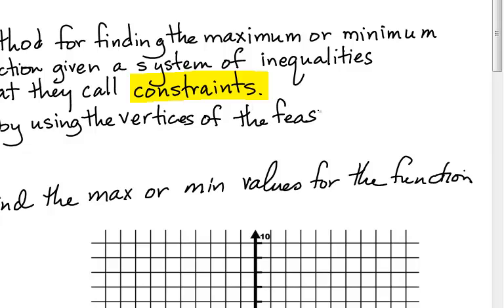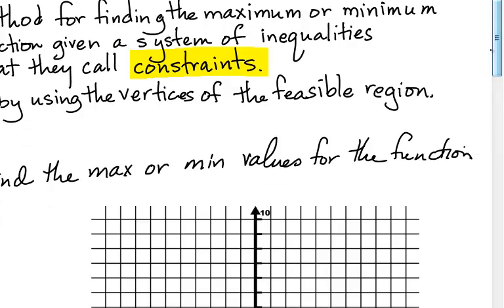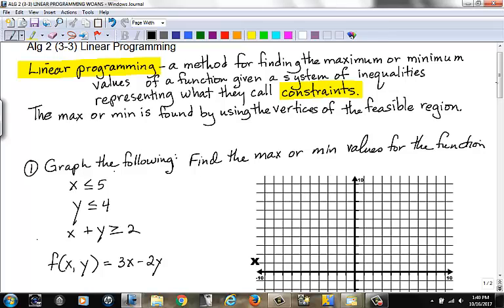If there is a max or a minimum, it's going to occur at one of those vertices. Okay? And the author has you do just some basic problems first, and then actually takes it into the application. So we're going to go through a regular graph first, and then I'll take you through an example. Okay? So on problem number 1, they ask you to graph the following, and they give you 3 inequalities,